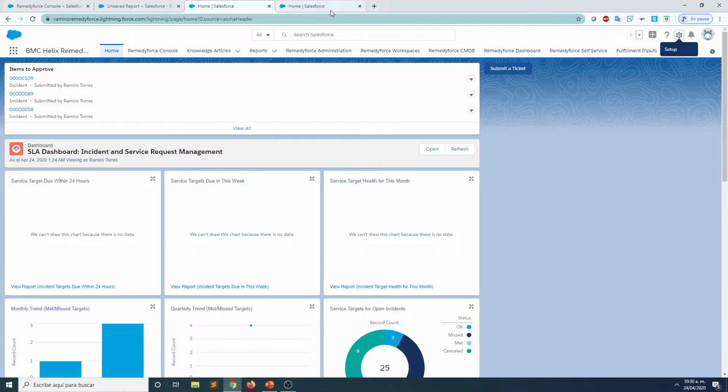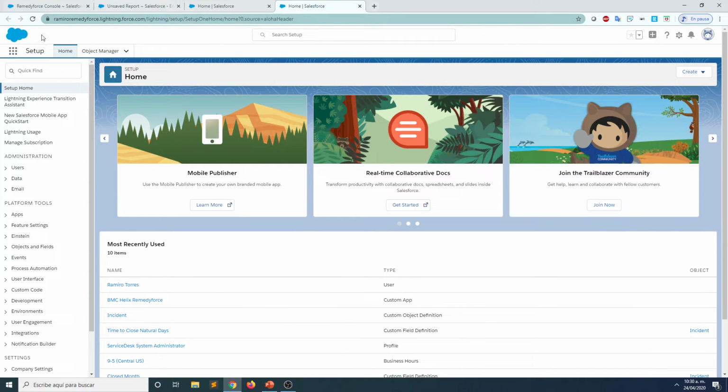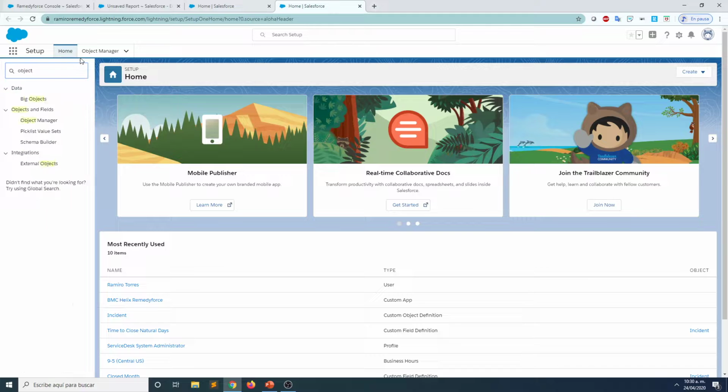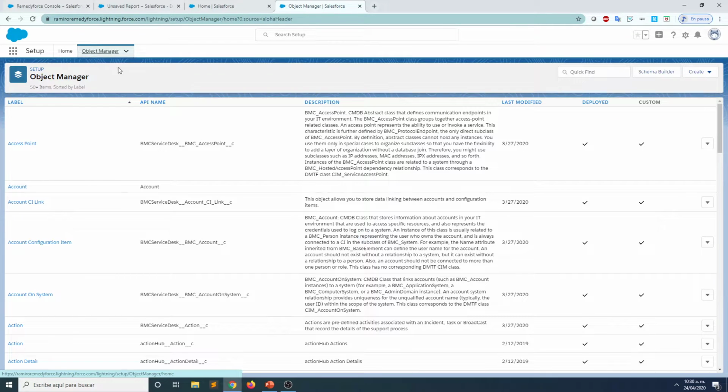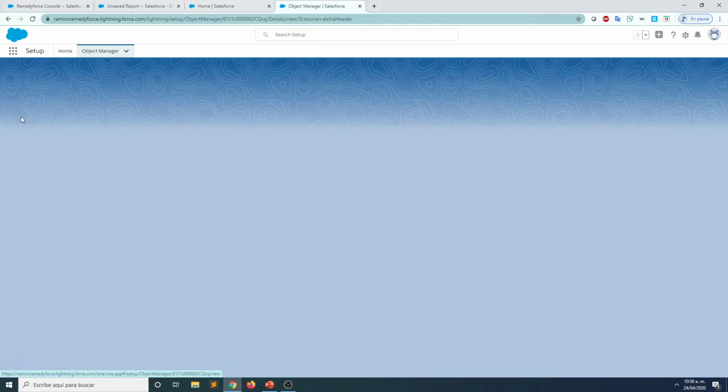Okay, so I'm sorry, I didn't mean to do that. From the Lightning perspective, to go to the setup, it's a similar way. We just have to go to the gear icon here and click on the setup. That will open the setup page in a brand new page on your browser. Then we have the same quick find here, and we're gonna do the same thing. We're gonna go to our objects by clicking on the object manager. I'm sorry, and here we're gonna type incident. Let's go to the incident,